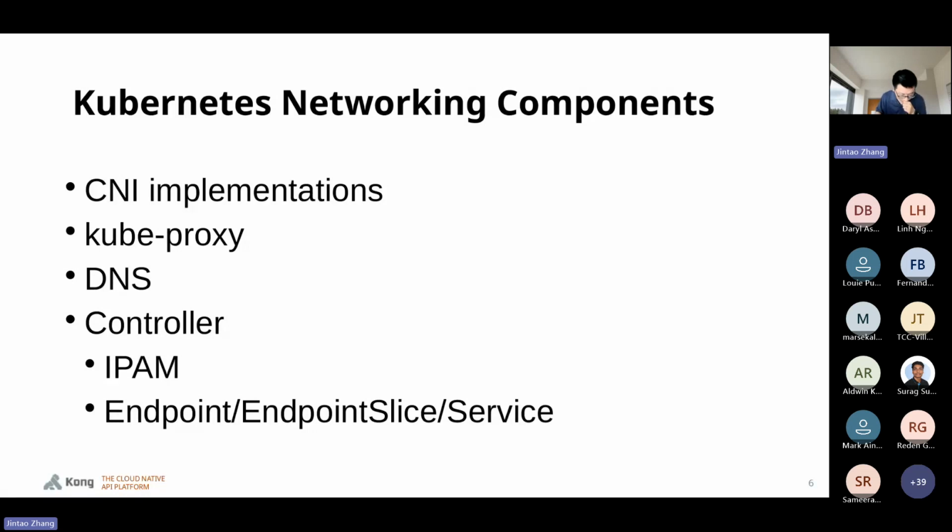It's a specification, and the CNI has some plugins, which are the CNI implementations. The CNI has a set of tools that implement the networking interface for containers. Kubernetes relies on CNI implementations to provide in-pod networking capabilities. These implementations, such as Calico, Flannel, and Cilium, to name a few, allow for a